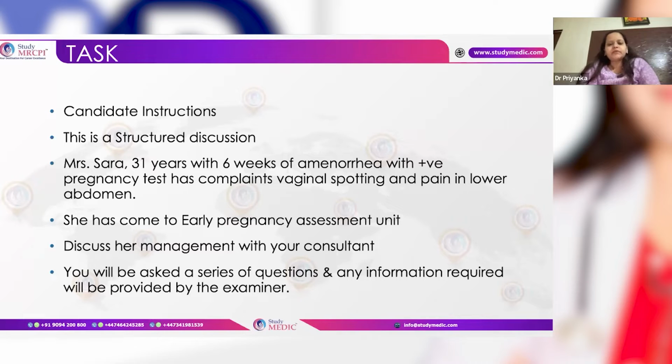Then after signposting, I will ask her about smoking, alcohol and drug history, because smoking is associated with an increased risk of ectopic pregnancy. And I will ask about her social history. Afterwards, I will arrange the investigations. I will also inform my consultant and the midwife, and liaise with the radiologist. I would like to arrange a scan for her, a transvaginal scan preferably, to know the location of the pregnancy, as she has a positive pregnancy test, and also blood tests for beta HCG and a complete blood count.